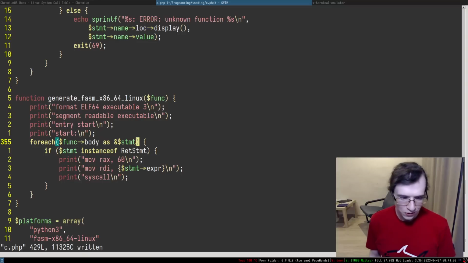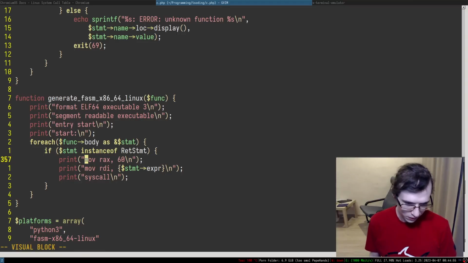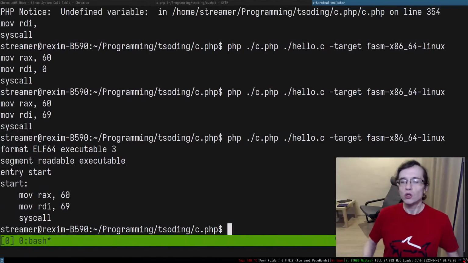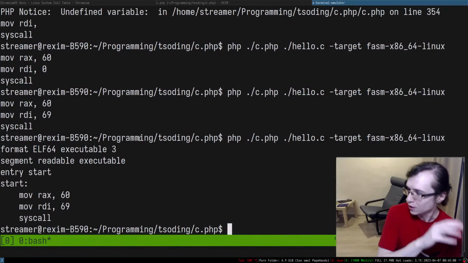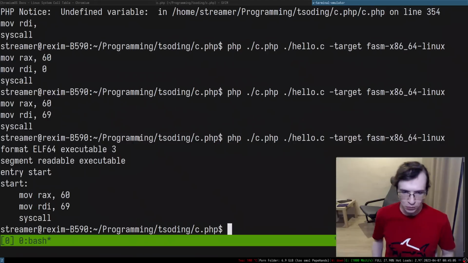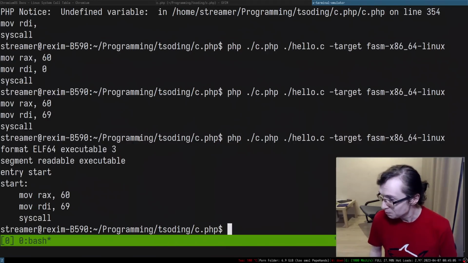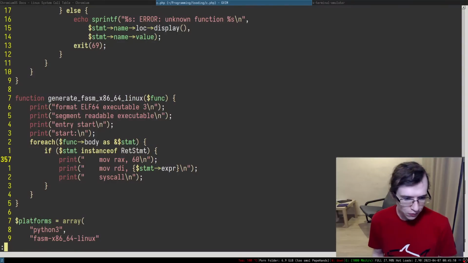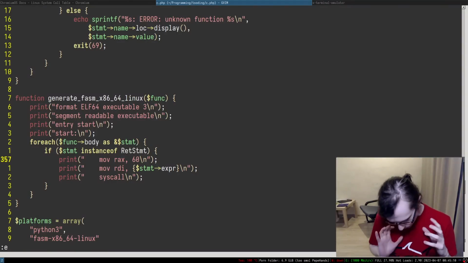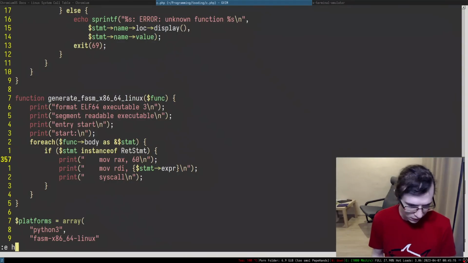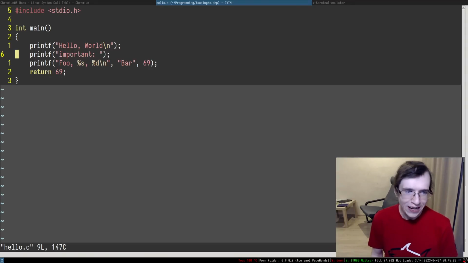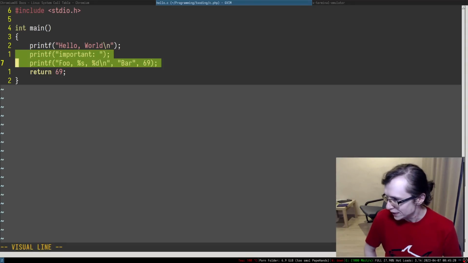So, let me see. I probably want to also indent this thing a little bit so we can clearly see. Look at that, we're already generating assembly from C using PHP. I think it's pretty awesome. It's kind of difficult to generate all of the use cases. We have too many use cases in C specifically, right? I used to have just a string, but then Strager came in and introduced format stuff, and now I have to support that as well.